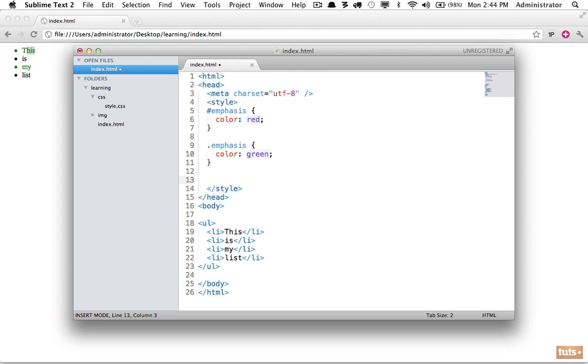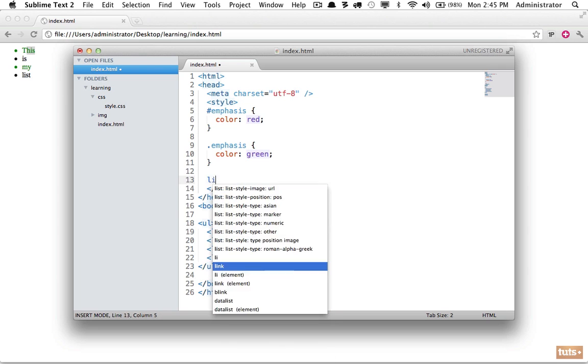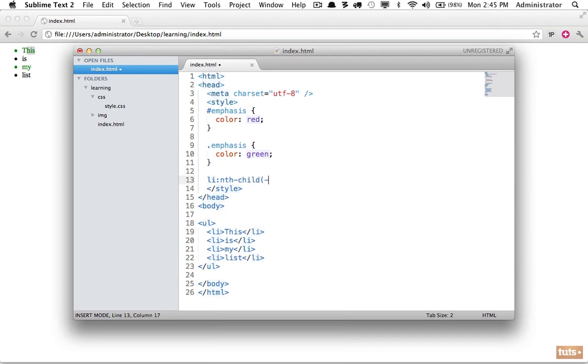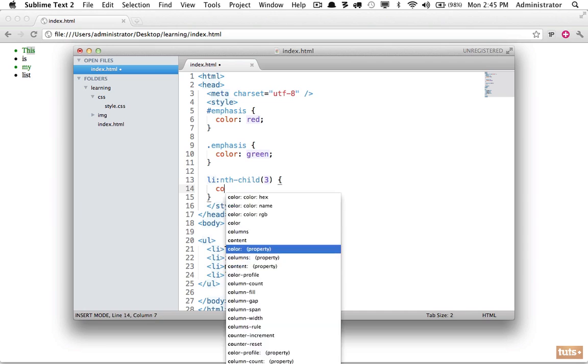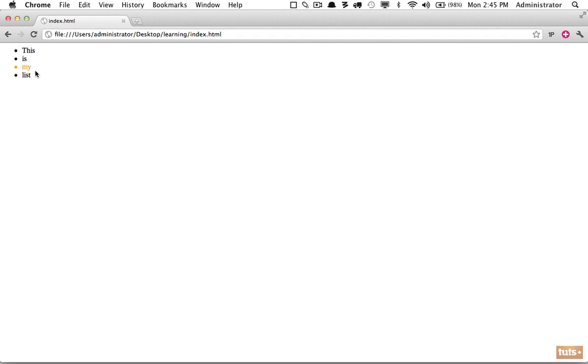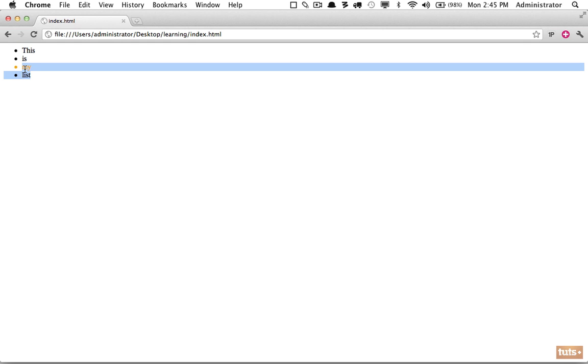This time, no ID, we're still going to target my list item, and this is the way that I would personally do it. I'm going to type li:nth-child. Now within parentheses here, we can specify which list item we need to target. In this case, we want to target the 3rd one, so I will type 3, and this time I will make the color orange. Refresh the page, and now without using a specific identifier, we were still able to target